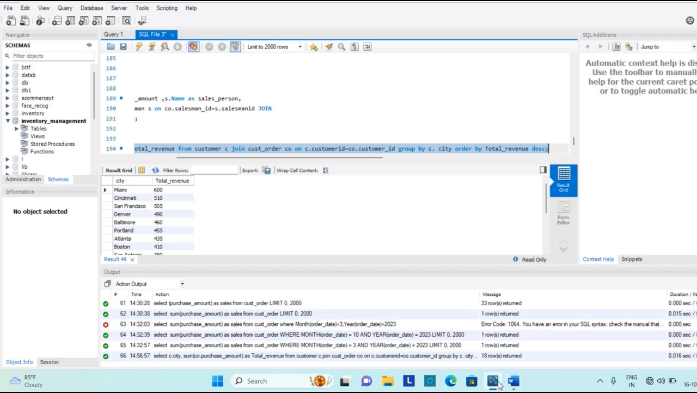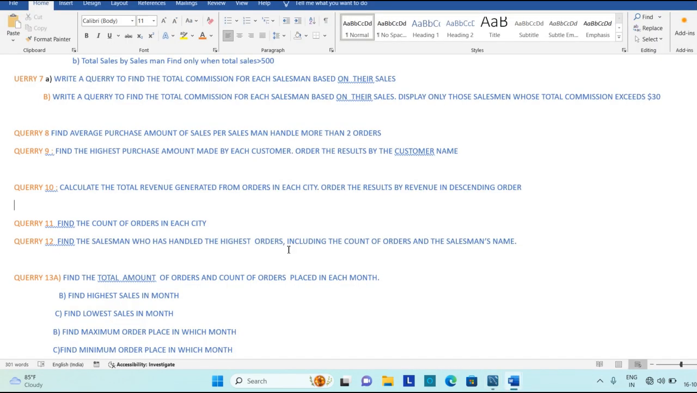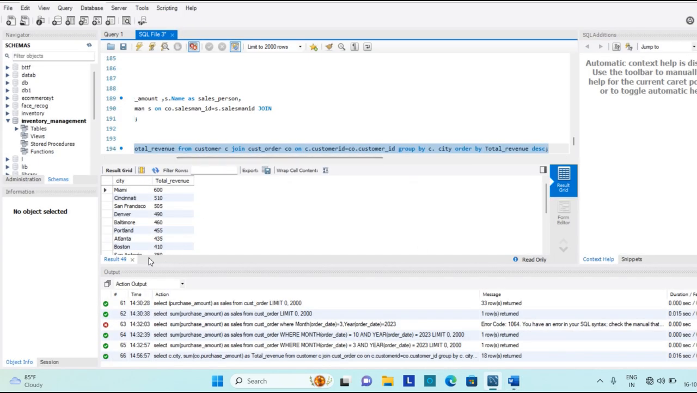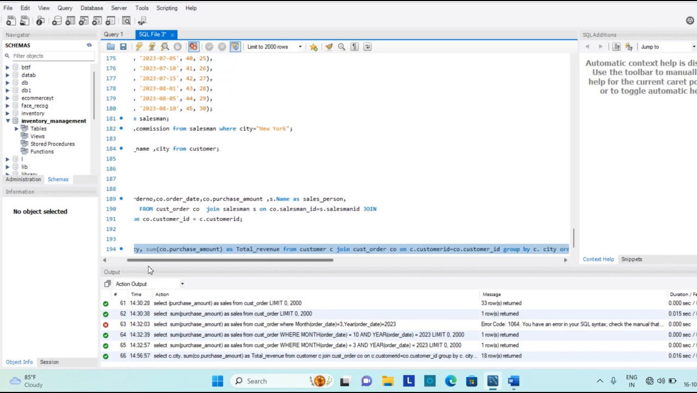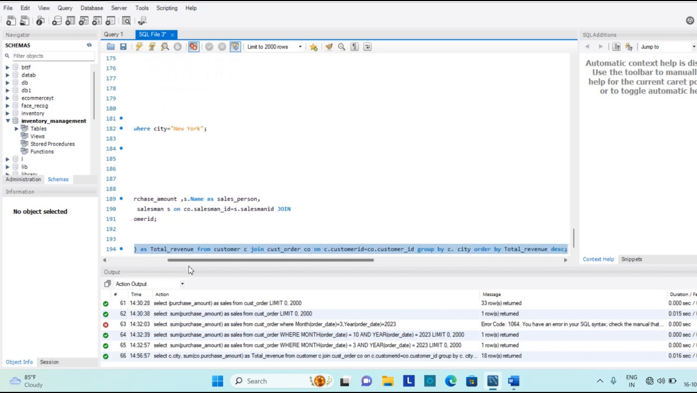In this way we can find how to calculate the total revenue generated from each city, ordered in descending order. So we just have to take the city and the customer order, and we have created a join for them. After creating the join, we grouped them according to the city and ordered by the revenue generated. So you can see this query again, that is select C dot city, sum of purchase amount as total revenue from the customer C join customer